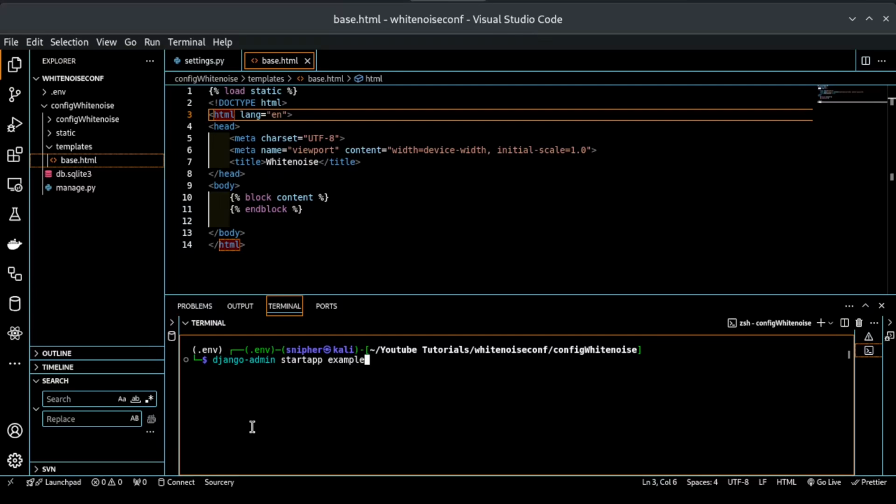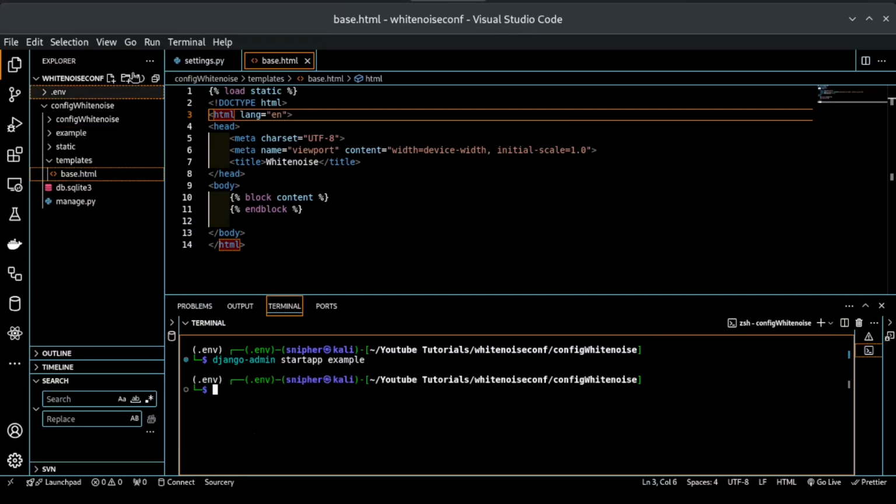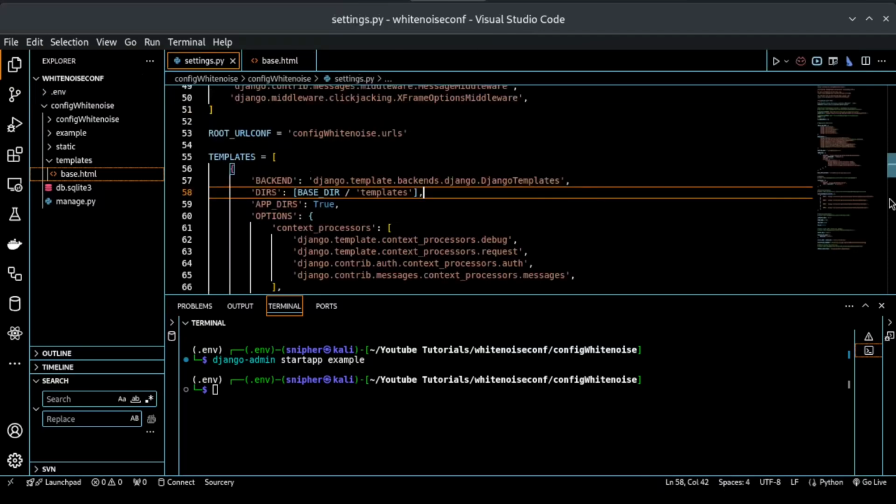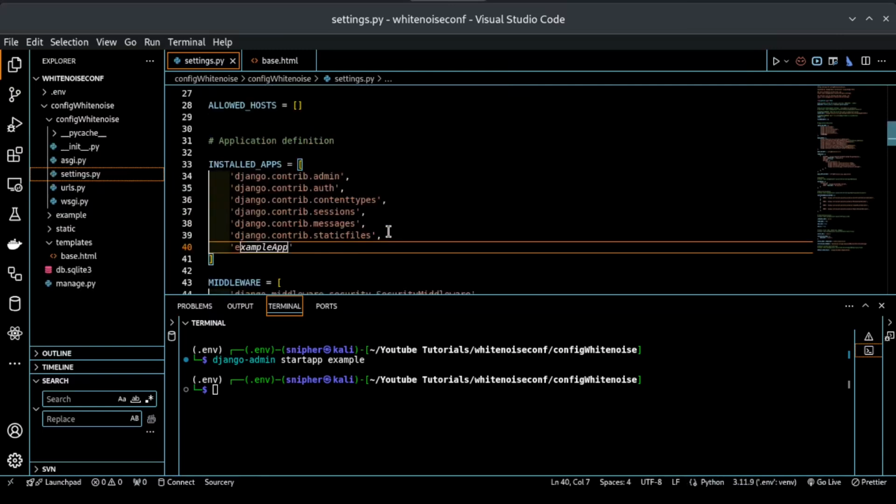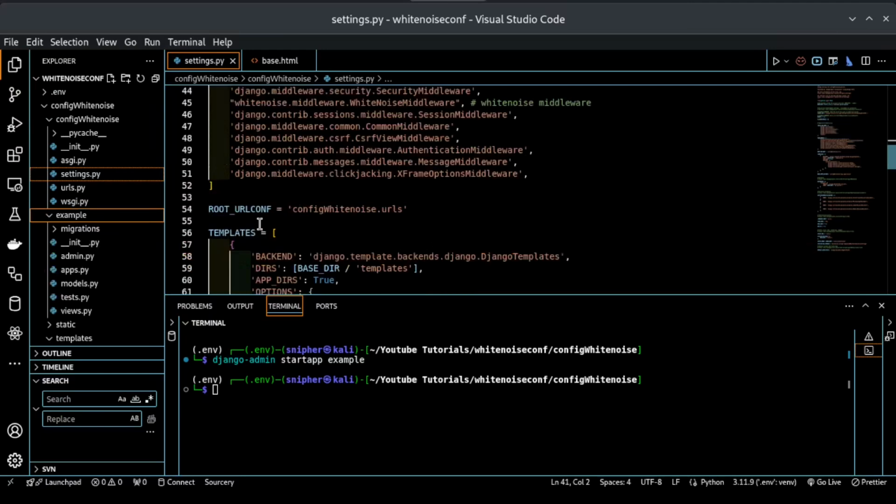That is example. And then, once you create the app, you have to add it inside the settings. Come here and add it inside the settings under installed apps. So let's call it example. The name was example right here. So let's go to example, and on the views,